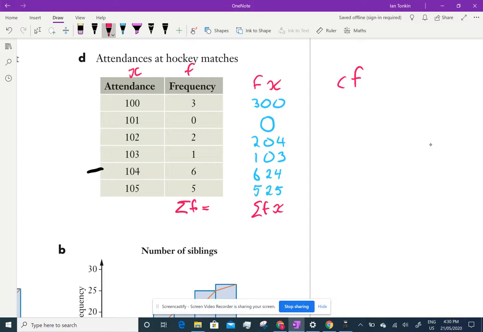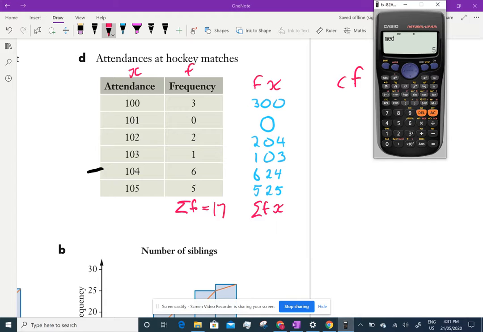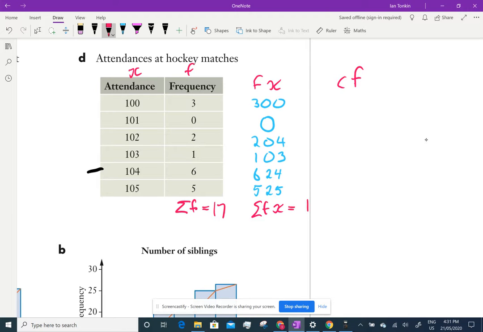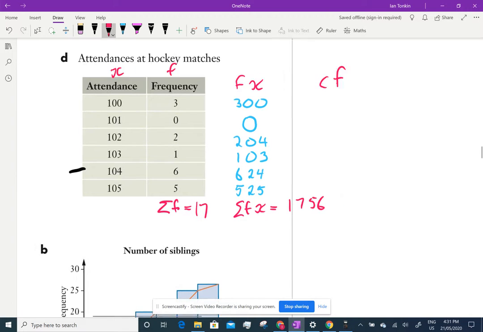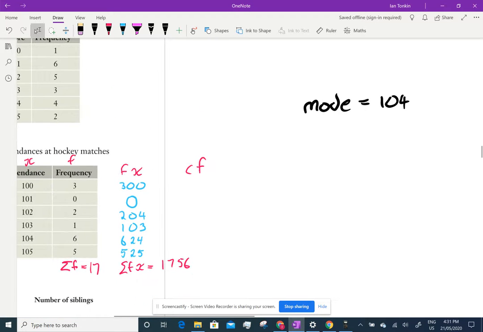So if we add up these columns, 3 and 0, 3 plus 2 is 5, 6, 12, 17. Double check that. 3 and 2 is 5, 6, 12, 17. And then we add up these columns. So I'm going to have to use my calculator for this. So 300 plus 204 plus 103 plus 624 plus 525. 1,756. 1,756. Okay, so to calculate the mean,